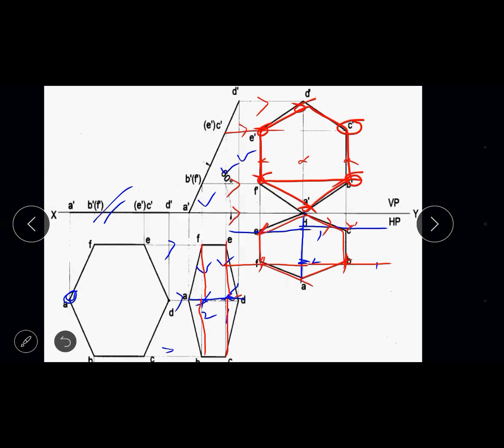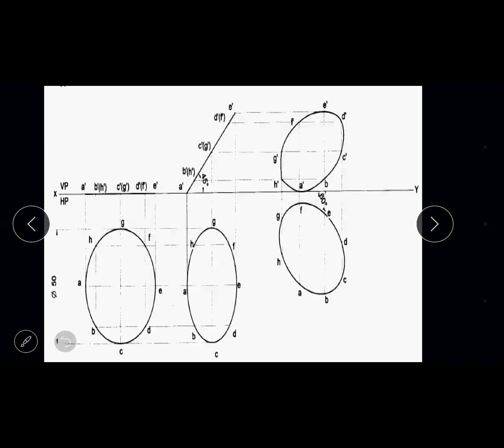Okay, sir. Okay. Thank you. So we'll go to the last problem, which is on circular lamina. Problem number 46. The last few problems, 4 to 5 problems, you find on circular lamina; in between you don't find any circular lamina problem. So problem number 46 of your video solution book.